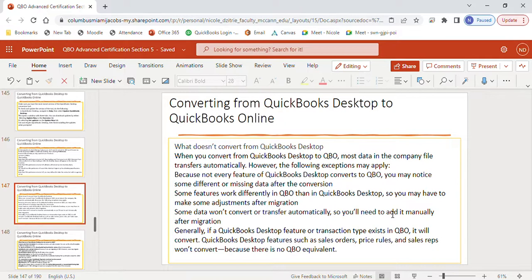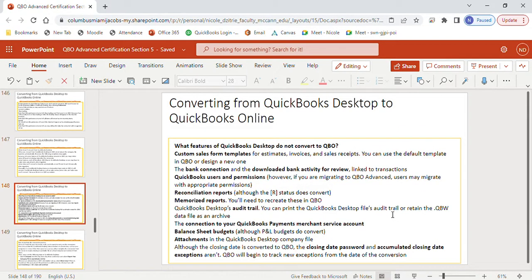Generally, if your desktop feature or transaction type exists in QBO, it will convert. Desktop features such as sales orders, price rules, and sales reps won't convert because there's no QBO equivalent. What features of QBO will not convert? Custom sales form templates, bank connections, QBO user and permissions, reconciliation reports that you already have, memorized reports, the desktop audit trail, any connections to your